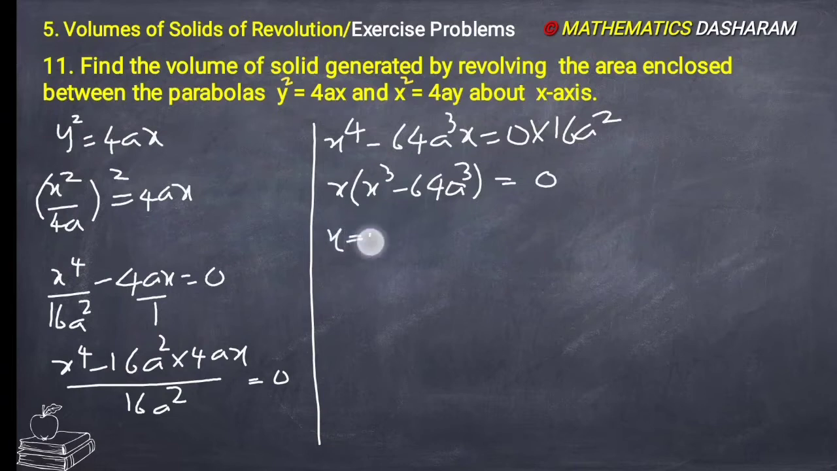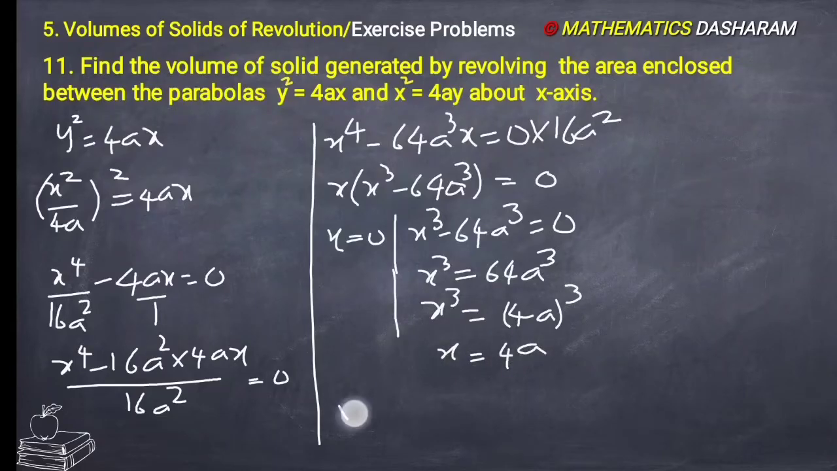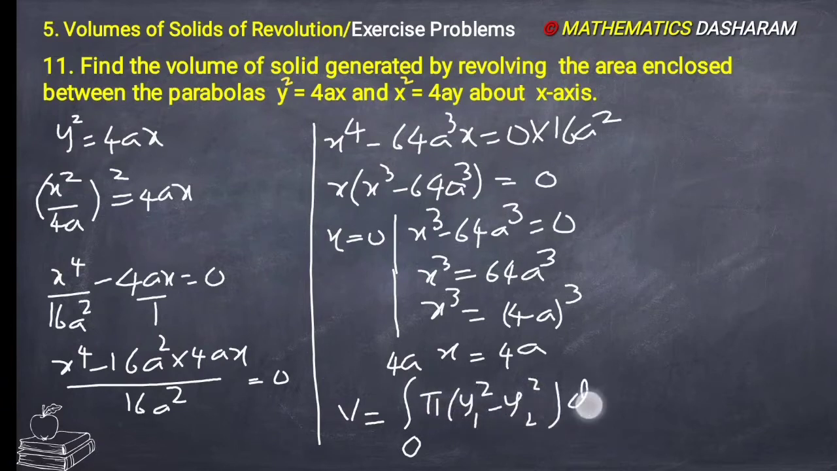Now here x equals 0, one answer. x cubed minus 64a cubed is the second one. So then x cubed equals plus 64a cubed. Then x cubed equals 64a cubed, which is 4a whole cubed. So here the powers are the same, then the bases are equal: x equals 4a. So therefore the required volume equals integration 0 to 4a, pi bracket of y1 squared minus y2 squared,